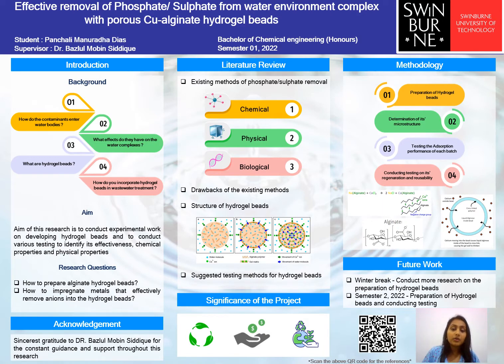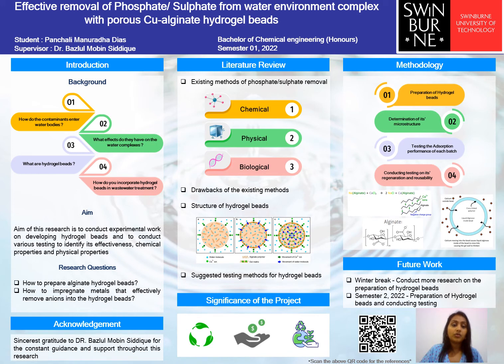At the beginning of my research, I drew out an aim to help me keep on track for the entirety of this research. That is to conduct experimental work on developing hydrogel beads and to conduct various testing on effectiveness, chemical properties, as well as physical properties. So this aim guided me to identify and be thorough enough with the research questions. Therefore, the questions are how to prepare alginate hydrogel beads and how to impregnate metals that effectively remove anions into